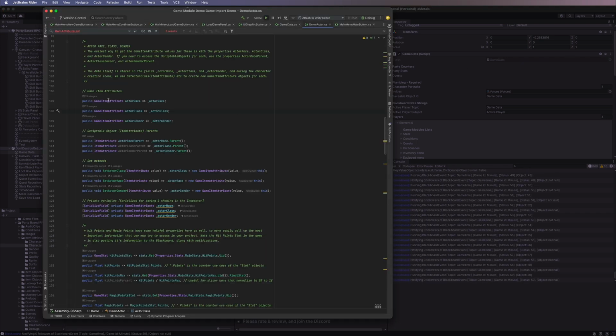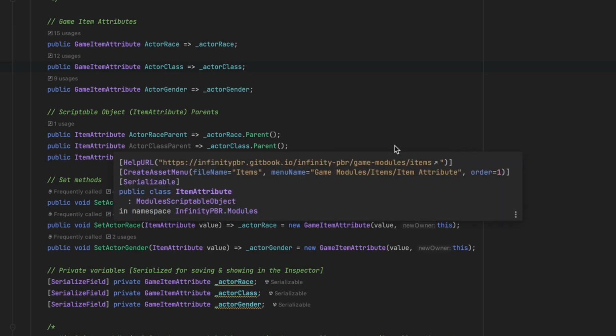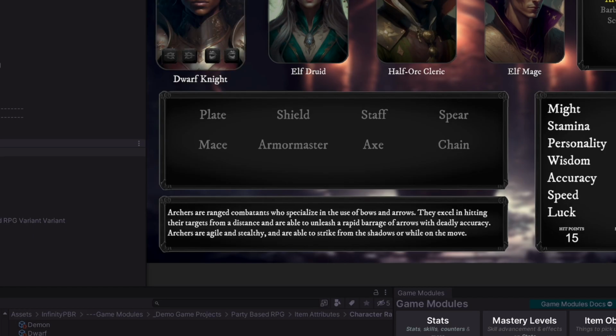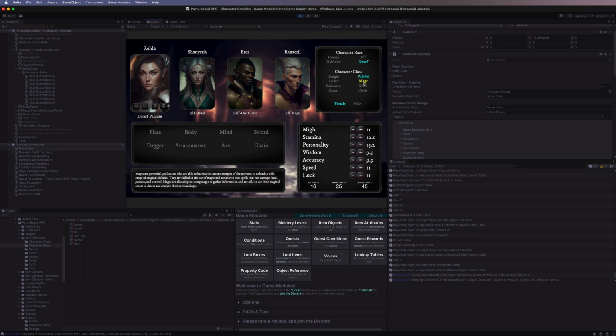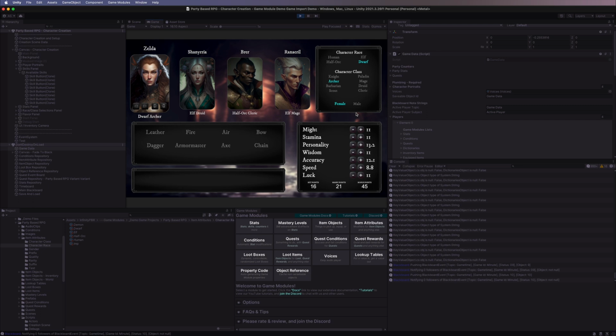You can see in the demo actor where these are stored. The actor race, actor class, and actor gender are all game item attributes derived from the item attribute scriptable objects of the same type. As we select these, we are changing those values for each of the players. And if you notice down here, we are also automatically updating the stat values for these players. Game modules automatically will compute stats based on the item attributes, conditions, quests, and other things that modify stats being applied to your